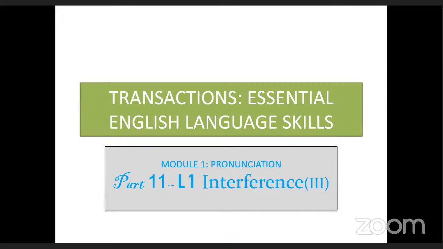So L1 interference is first language interference. It is also called mother tongue influence. It is also called negative transfer. That is how our first language influences, or rather interferes with, the acquisition of a second language. That's what we have been talking about. I have elaborated it with many examples in the last class. In today's class, we are going to see,